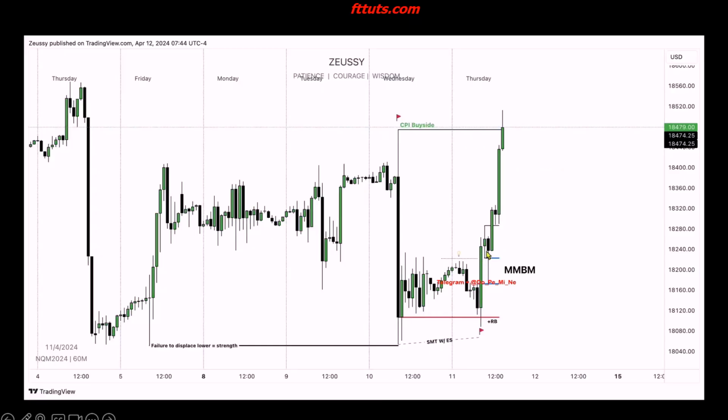A BC gets created inside of that process of displacing higher. Now, when the outcome of CPI is negative in a way, if it gets deemed to be a bad release, what do you think the majority of people do? They of course try to go short. They want to open short positions because they believe that the market should go lower if the outcome of CPI is that bad. What we see is that the market instead runs on all of that buy side liquidity of those early shorts. This occurs during the lunch hour, or I should say the beginning of the PM session rather,